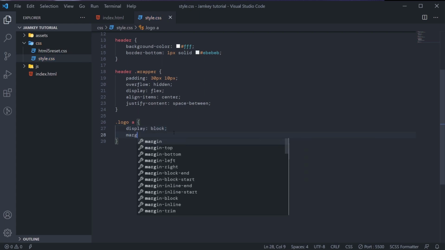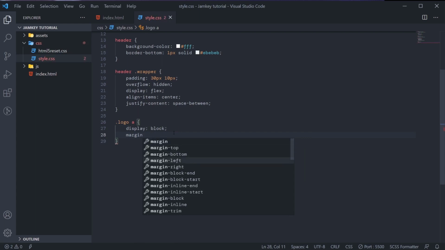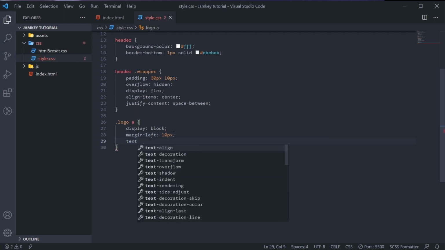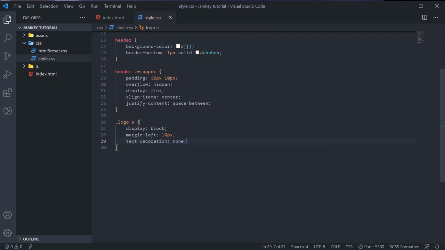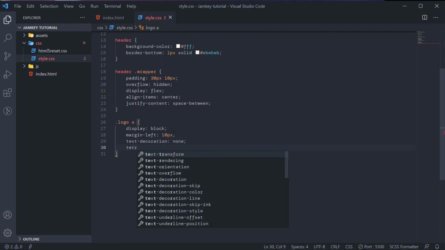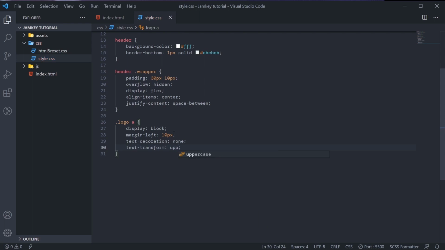Then we'll do margin left to like 10 pixel. Then we'll set text decoration to none, so the default underline for anchor tags won't show again. Then text transform, we'll transform the text to uppercase.